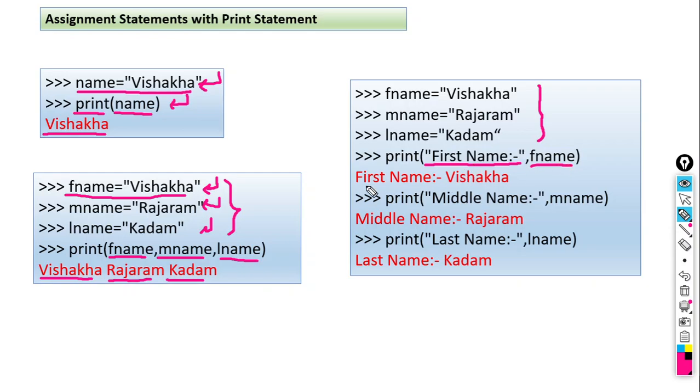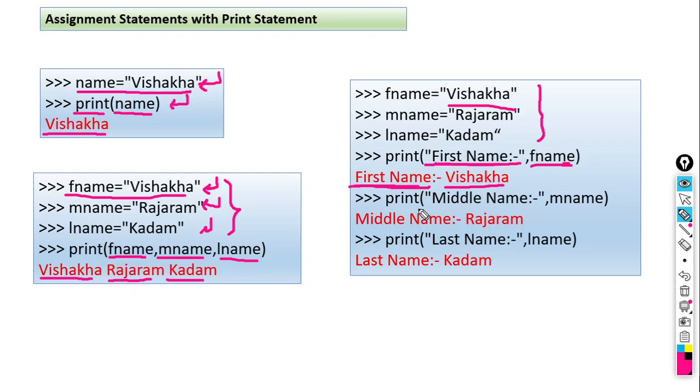It gives the text first name, and what are the contents of F name? Vishakha. So it invokes that and prints Vishakha here. So this is the text and this is the variable. It prints first name and then it invokes the data stored in F name. So this is the answer.